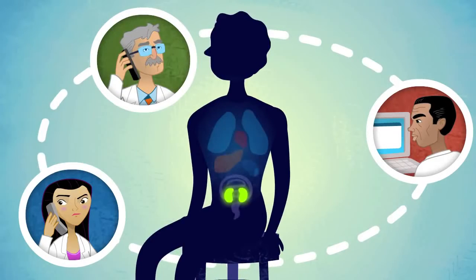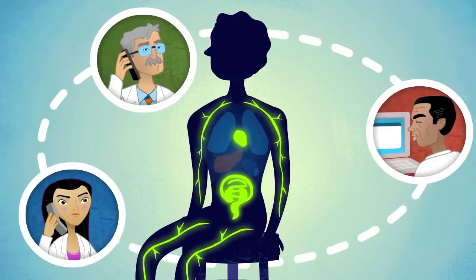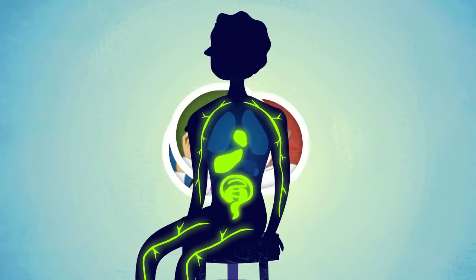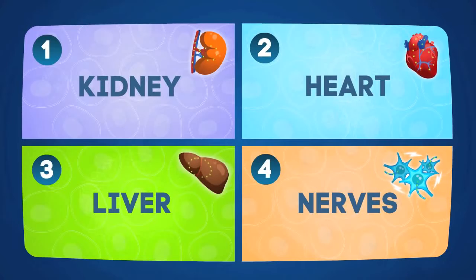But if there is kidney, heart, nerve, gastrointestinal, or liver disease with no obvious cause, it should absolutely prompt physicians to test for amyloidosis. As part of the differential diagnosis, the 4 most common clinical settings in which amyloidosis should be